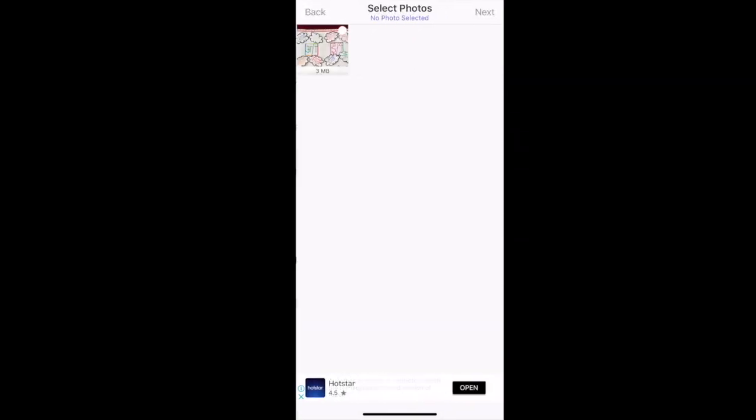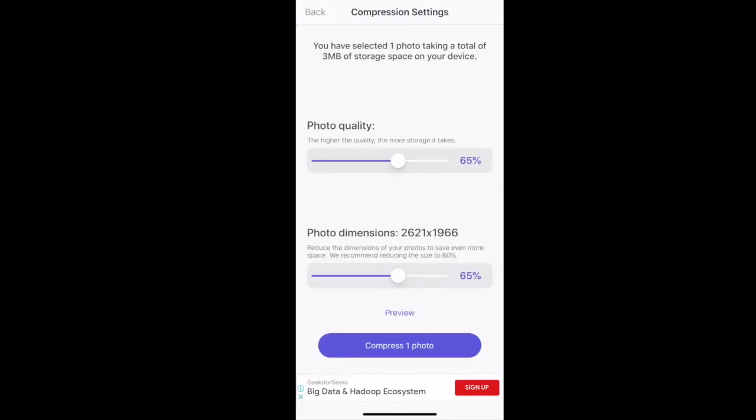So I have this photo to compress. I will select this photo from here and tap next. Next, it is asking me for the photo quality, that up to what quality you want to maintain, and the photo dimensions. So I can accordingly increase or decrease. For example, I am keeping the dimension at 70%, and the photo quality should be retained up to 50%.